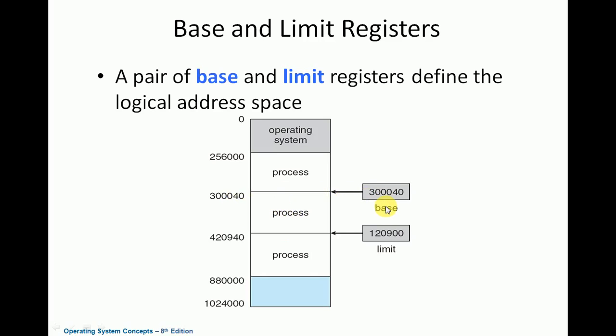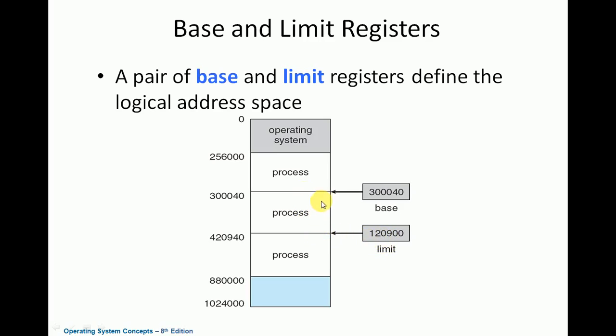So the base register is basically holding what? The starting address of the program or process which is kept in the main memory. The limit is identifying the range. From the base, this is the limit given here. The limit register is holding a value indicating the size of the process or program. So this is the starting address of the program where it is kept in the main memory, and from this, the limit is this value, indicating the size of that particular process.